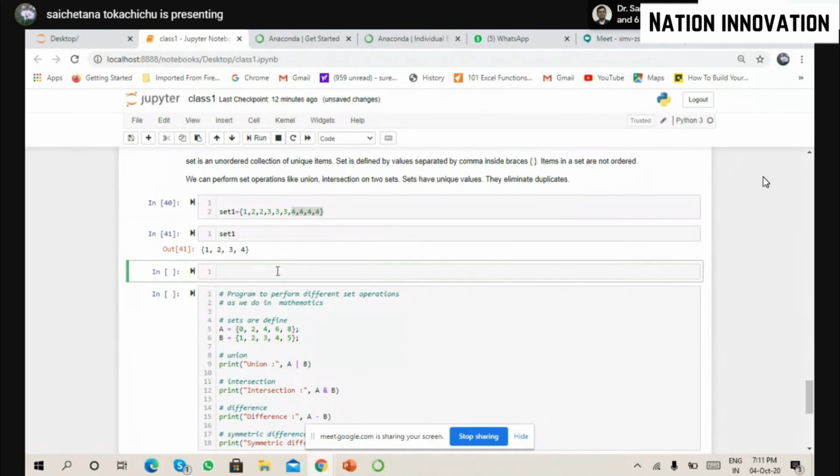Now operations of a set. If you have studied in maths, we had operations of union and intersection, right? So the same things can be done in Python.